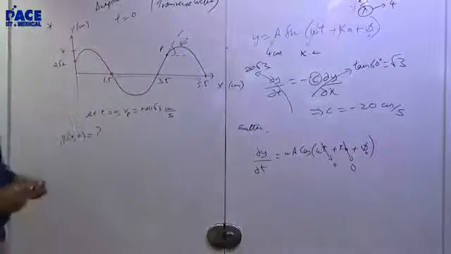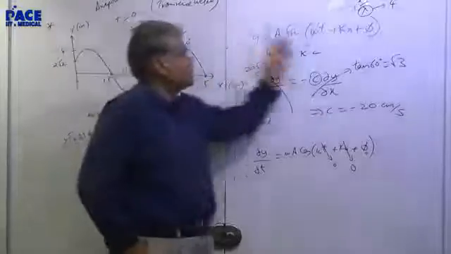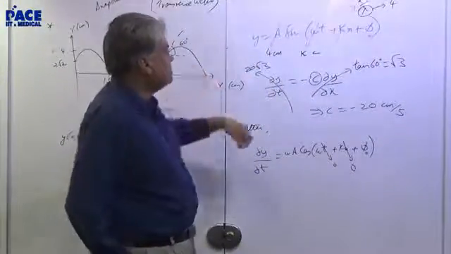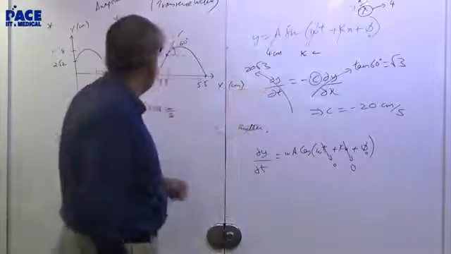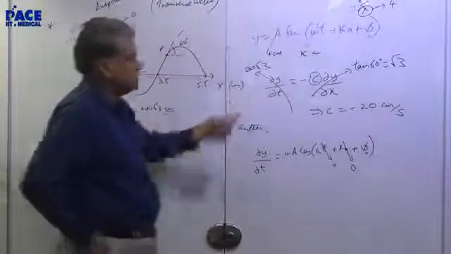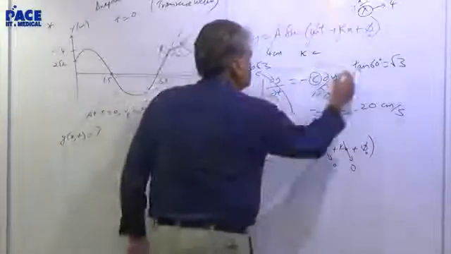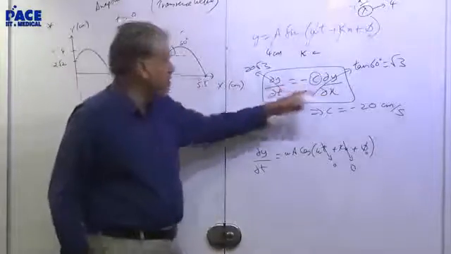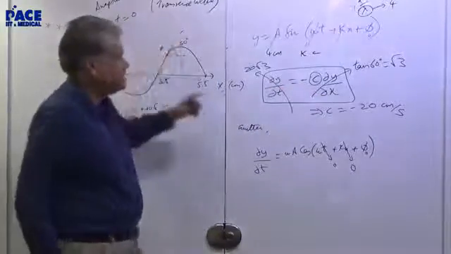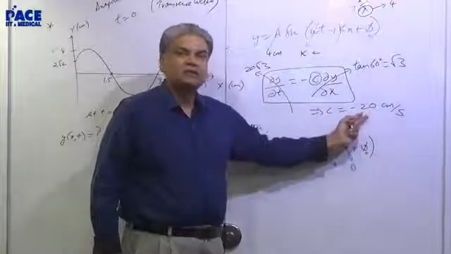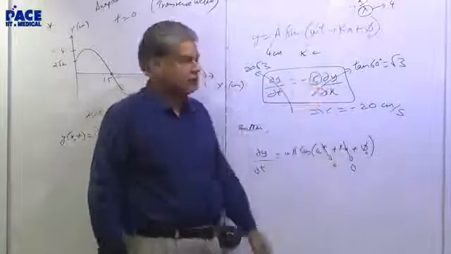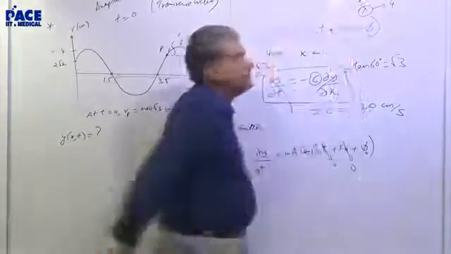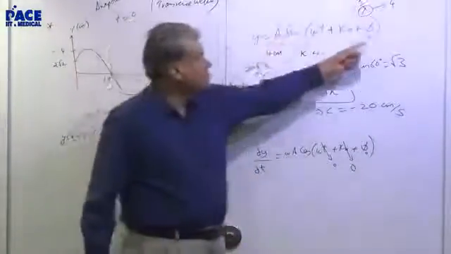I'm just repeating it quickly. This was the equation of the wave in general, a sine wave. 4 centimeters is the amplitude. From the relation that particle speed is 20 root 3, I use the particle speed and wave speed relation. From this I get the wave speed because this is the slope at P, tan 60. And minus 20 tells me the wave is going to the left. So hence I have put a plus sign here: omega t plus kx. So that is the equation.